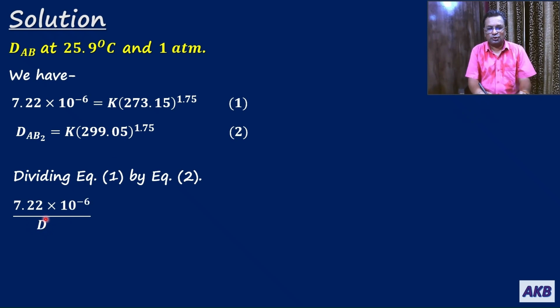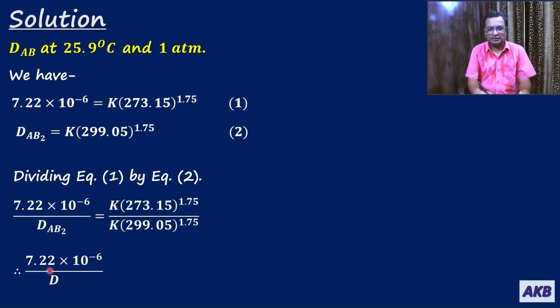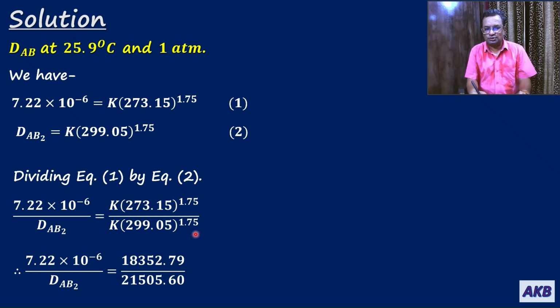So that will be 7.22 into 10 to the power minus 6 divided by dAB2, that is equal to k into 273.15 raised to 1.75 divided by k into 299.05 raised to 1.75. Now k will get cancelled. So it will be 7.22 into 10 to the power minus 6 divided by dAB2, that is equal to 18352.79, because 273.15 raised to 1.75 is 18352.79. Then 299.05 raised to 1.75 is